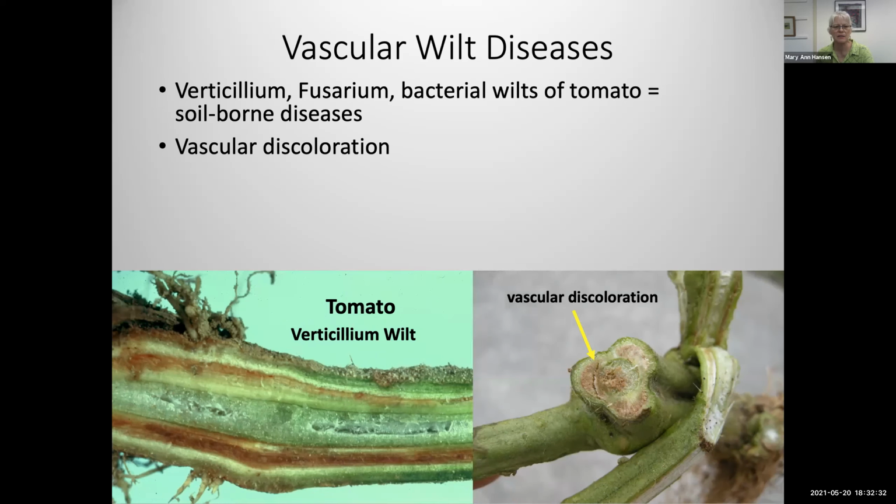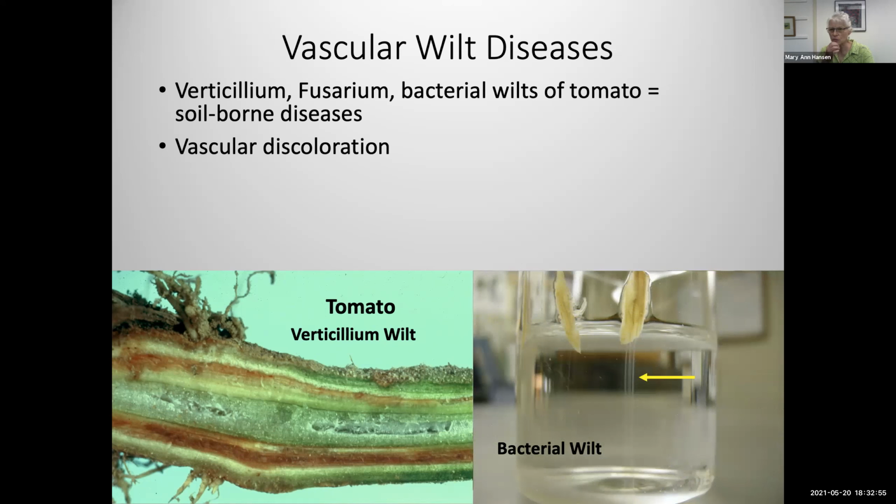And basically, these vascular wilt diseases all look the same. So you would probably not be able to tell them apart unless you had a lab diagnosis done, certainly not the fungal vascular wilts, because what we do is culture from that vascular tissue and then identify the fungus that's causing that vascular discoloration. But if it's bacterial wilt, you can actually do a cool little test yourself and impress